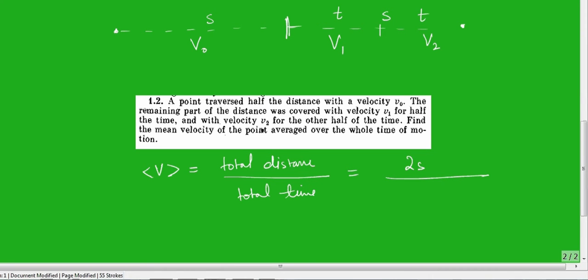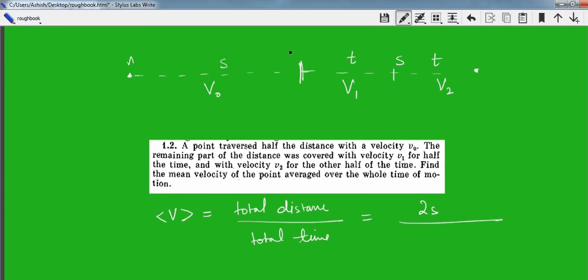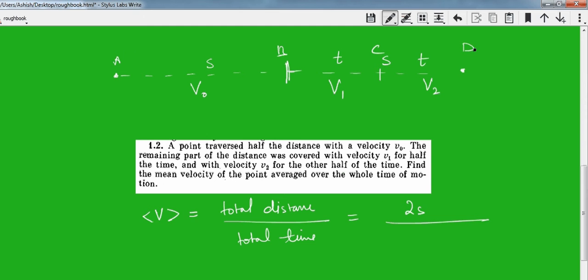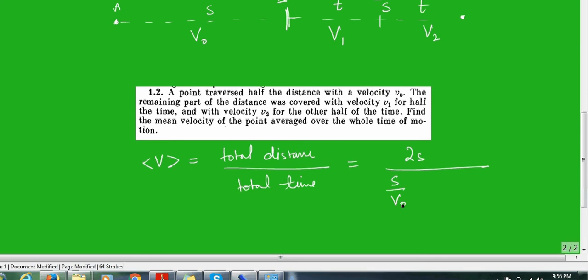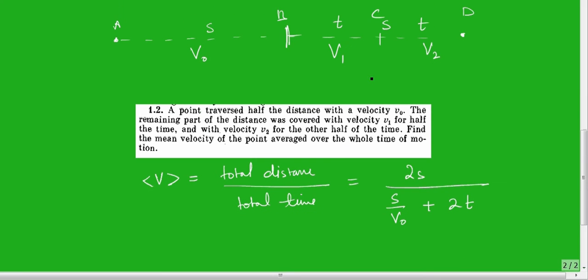So total time will be the time taken from point A to B plus the time taken from point B to C and then the time taken from point C to D. So we can say it is equal to s by v0, which is the time taken from A to B, plus the time taken from B to C and C to D, which is collectively 2t. Now we can't cancel t and s here,